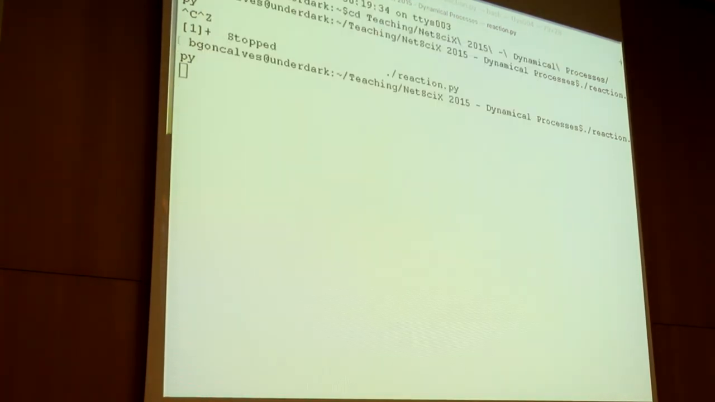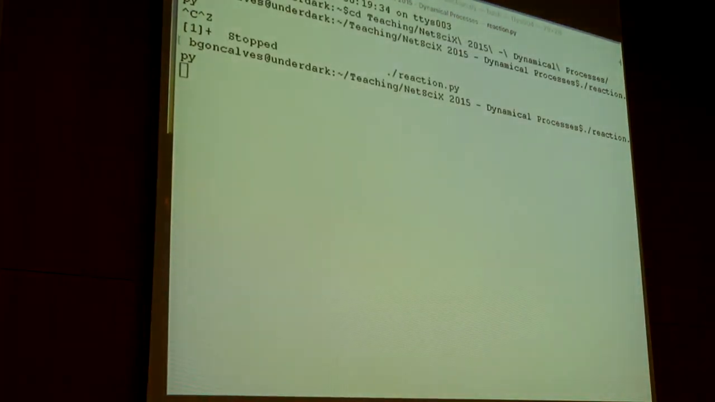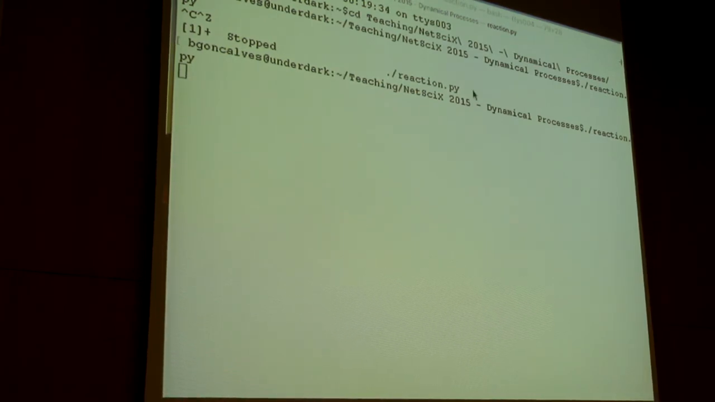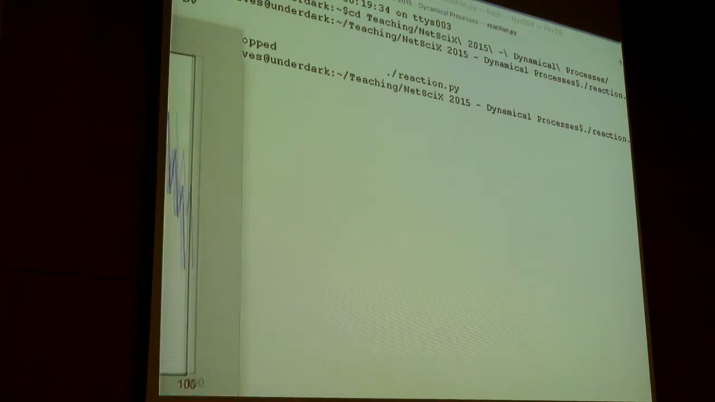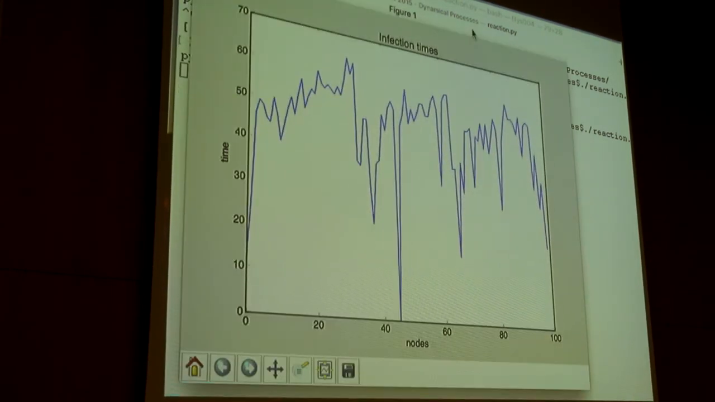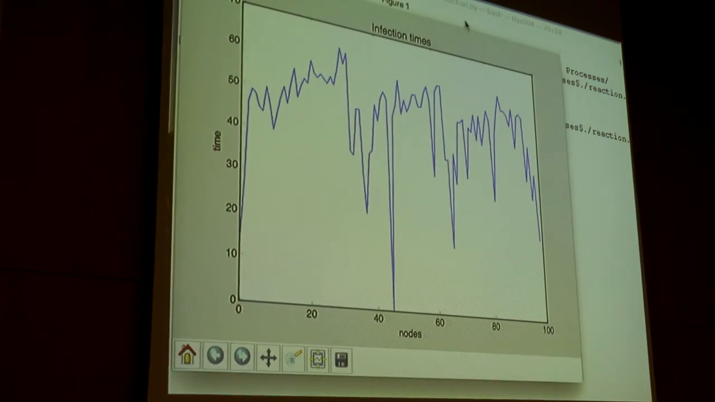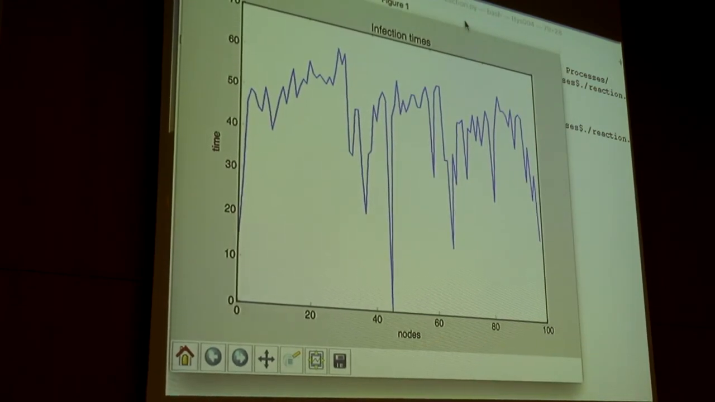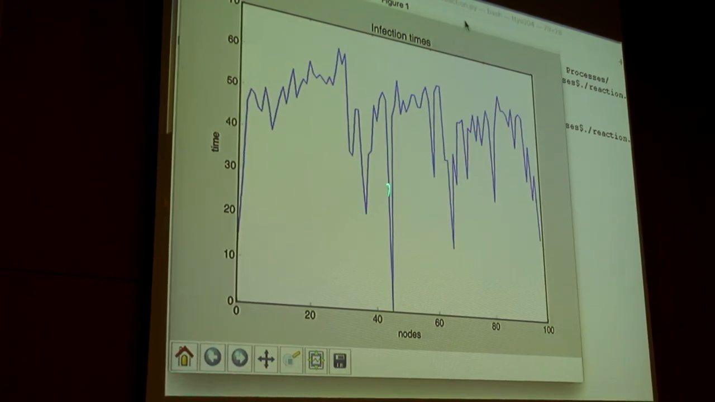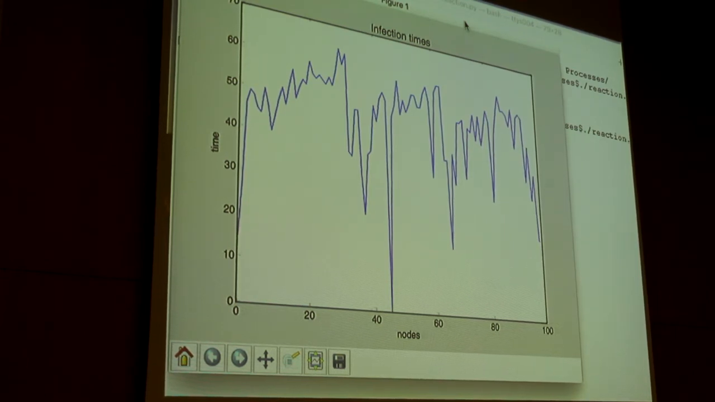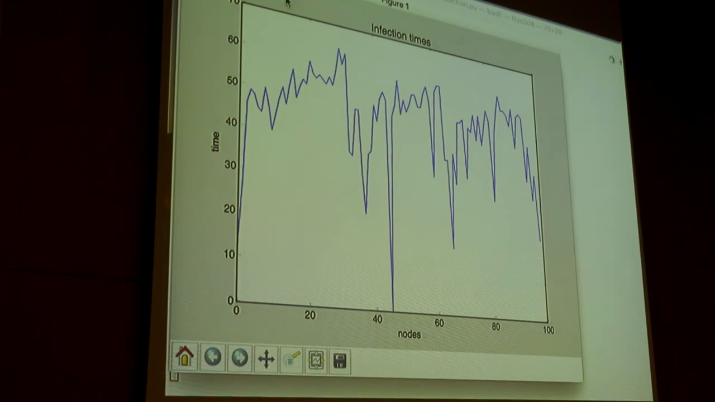So if I close this window, we will continue. For some reason the windows are opening here instead of there. Okay. So this is the infection time for each node, so at what time that node was infected in the process. At each time step, like we saw, it started over here. That was the first one, and then it went there, there. So you can see how it's jumping from node to node. And then if you close this,